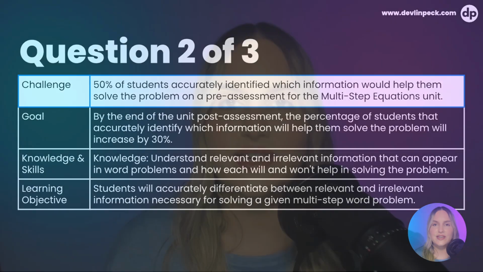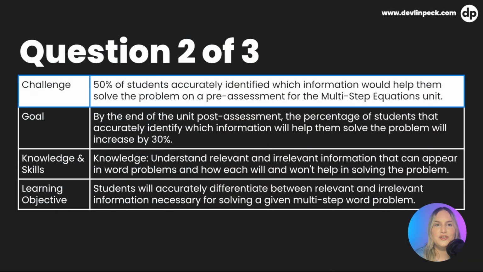And here we're seeing that 50% of students on this pre-assessment that a teacher gave accurately identified the information, but that's not a lot, right? This is a pre-assessment. And so the ultimate goal is that by the end of that unit, after the unit's taught, that's going to increase by 30%. So if you add that up, it's 80%. So ultimately, the teacher expects that by the end of that course unit, they're going to get an 80% on